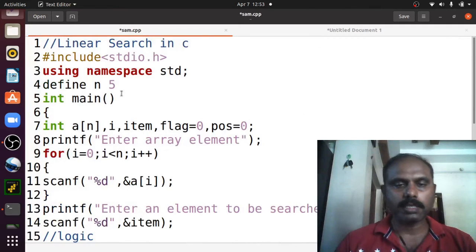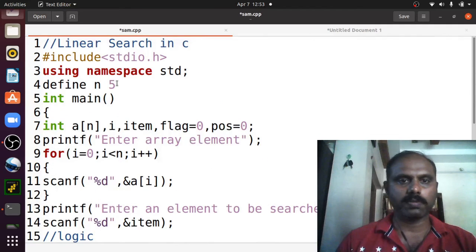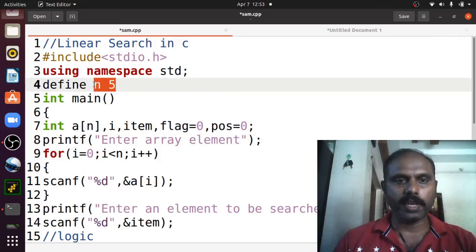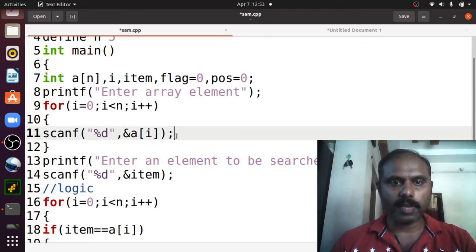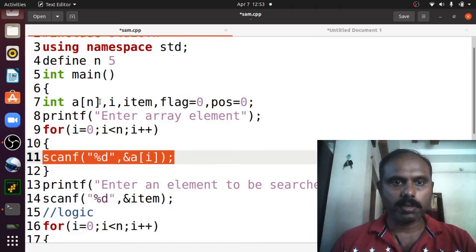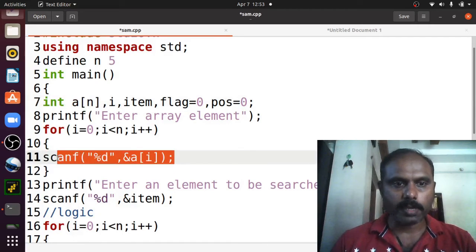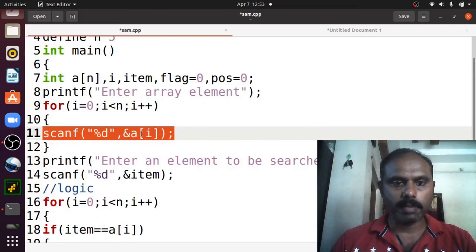Let us understand how it is working. Initially the value of n is 5. You have declared an array, and you have taken the value in this particular array element.